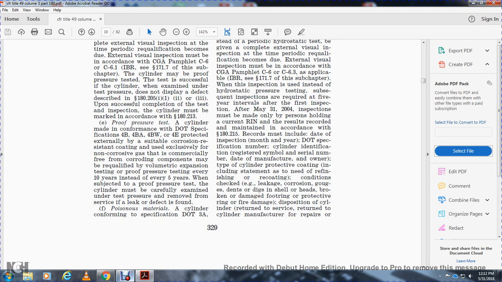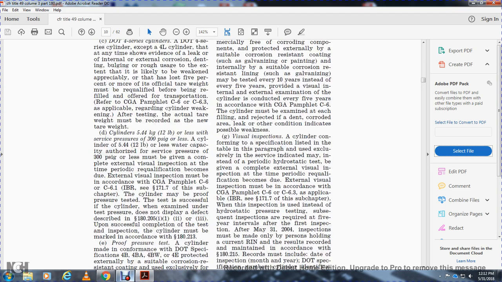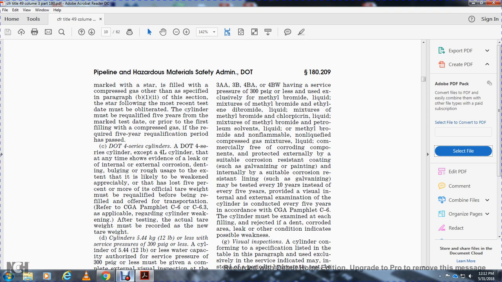under the test pressure, checking the surface for leaks. If poisonous material is found in the cylinder, it must conform with DOT specification 3A, 3AA, 3B, 4BA, 4B, or 4BW, with a surface of 300 psi gauge, used exclusively with methyl bromide liquid, or a mixture of methyl bromide and ethylene dibromide liquid, methyl bromide and chloropicrin liquid mixture, or methyl bromide and petroleum solvents. Liquid methyl bromide is a non-flammable, non-liquefied compressed gas, commercially free